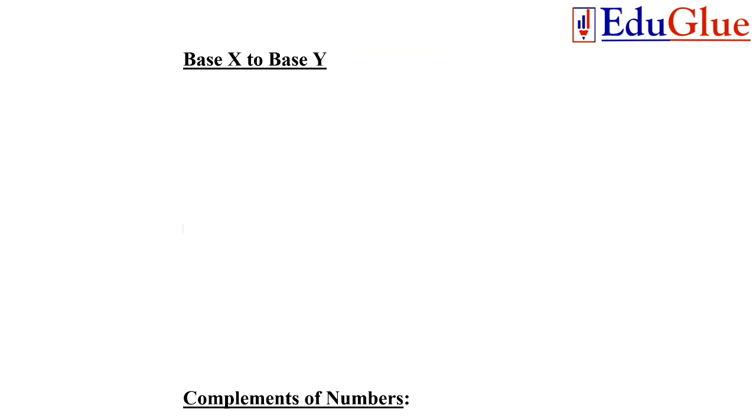Let's continue with the previous lecture. In the previous lecture, we have studied how to convert a binary to octal, octal to binary, decimal. All this we have learned. But now let us say an unknown base number to an unknown base number. Let's say there is a number 122 base 3. We need to convert it into a base 7 number.